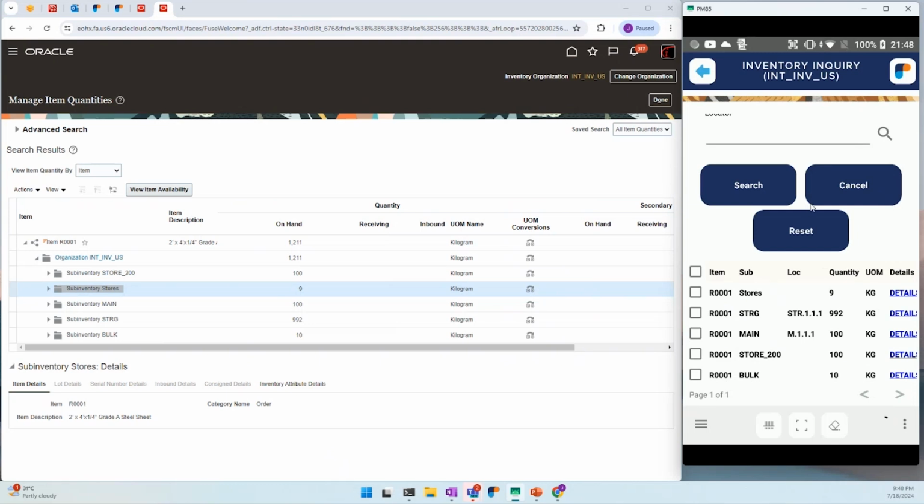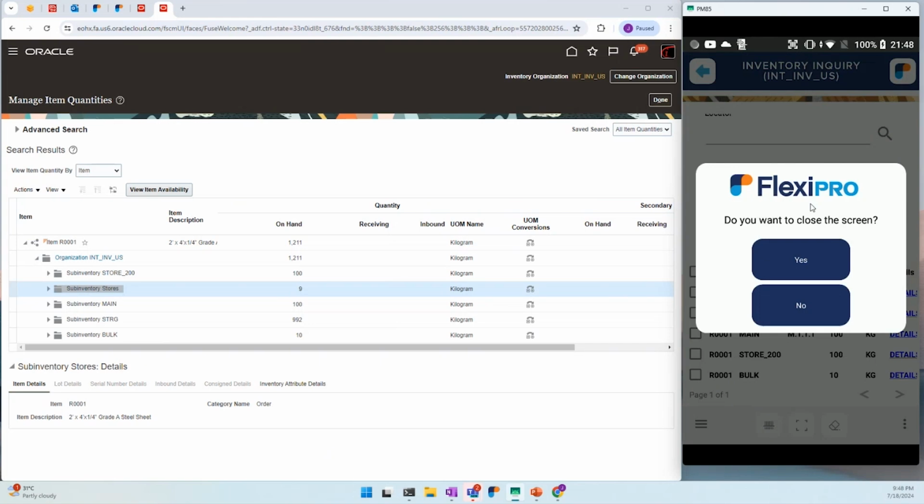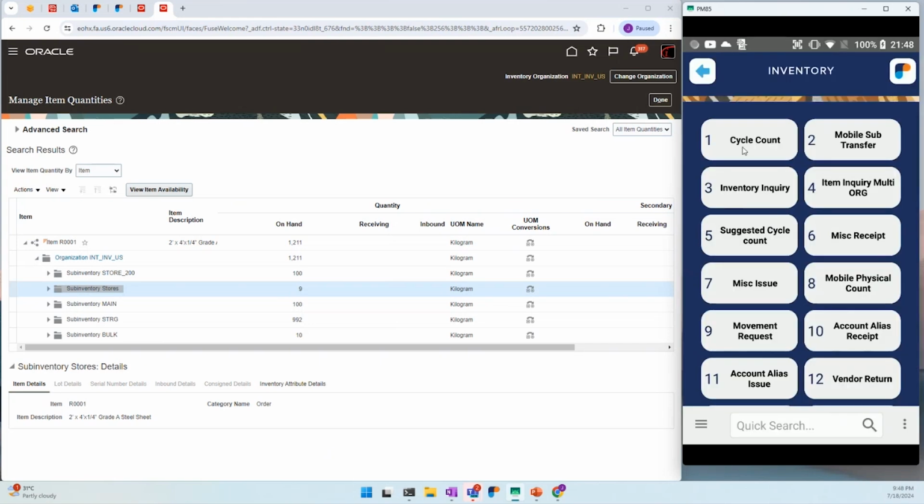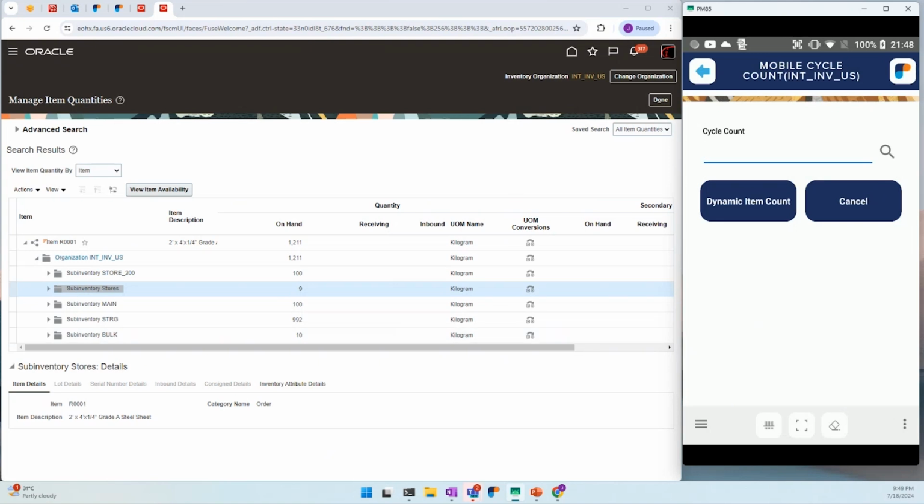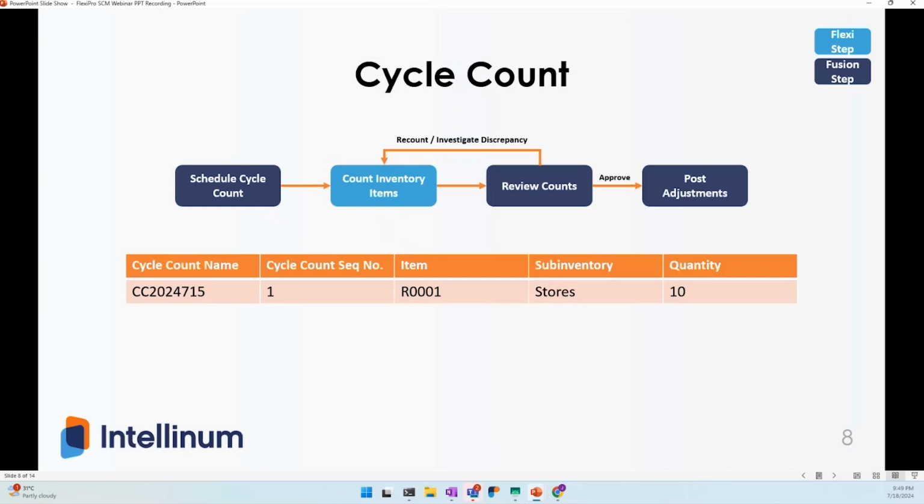So this user also is going to be doing a cycle count. So they want to actually take a look at the inventory, and we're going to go back over to our slide for a second to take a look at the cycle count. So the cycle count we'll be performing is a scheduled cycle count that we have in Oracle, and you'll see the steps across